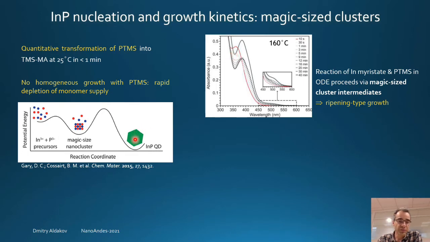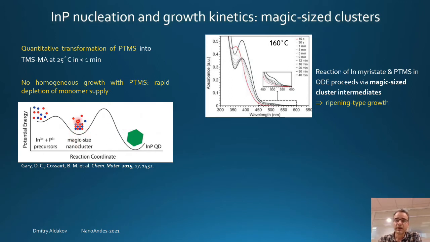It turns out, after a lot of work of different persons, different groups, that the synthesis doesn't follow classical LaMer theory, and it proceeds via what we call magic-sized nanoclusters. A nanocluster is an intermediate which has about 100 atoms. It has a very precise size, and it has some relative stability. So first you have reaction of these ions, indium and phosphide, at the beginning, which make these nanoclusters, which stay for a while, and then they dissolve little by little. They release new amounts of monomer, which react, and you get this indium phosphide. So you have this intermediate